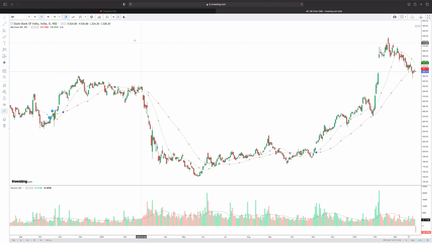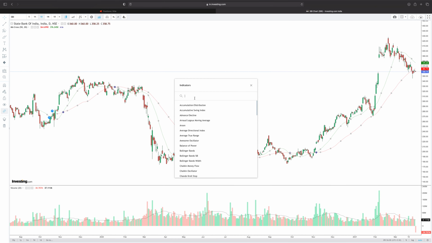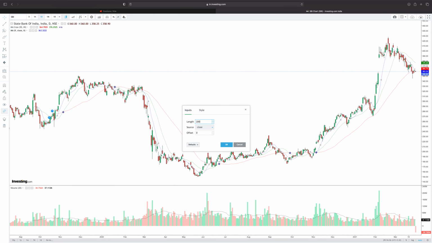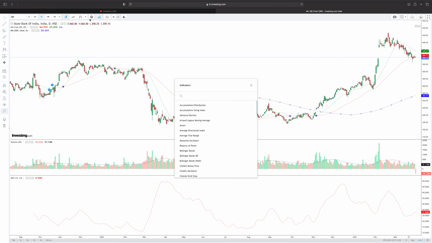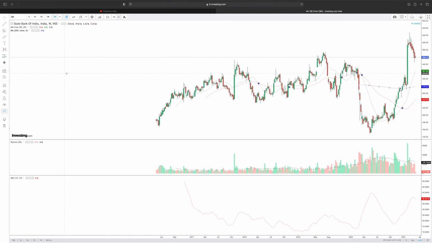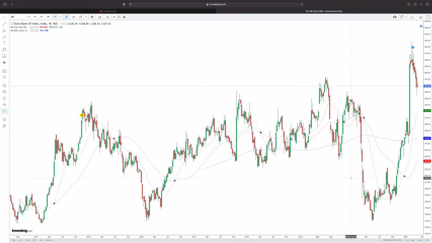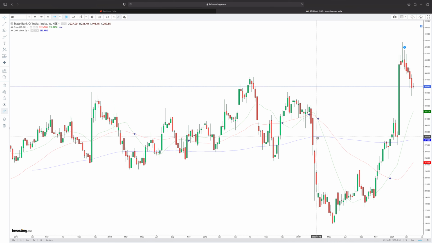Just to show you a quick recap, say for example we have a 200 SMA and we also select an ADX, and we select the time frame to be weekly. In this we see that the pivotal high of the 200 SMA is somewhere around 283, and currently it is valued at 278, which means that even though price has created a new all-time high, the moving average has not, and therefore we will still look at this stock from the perspective of a range.